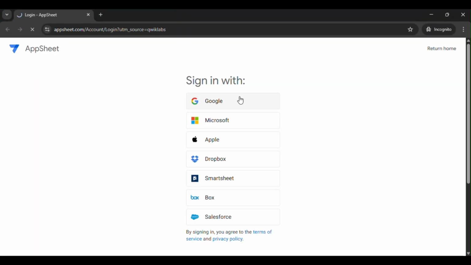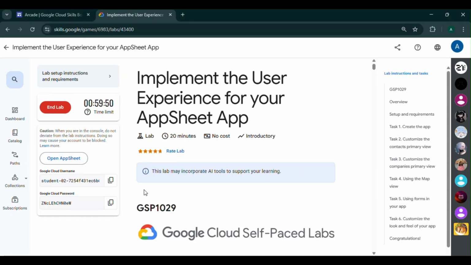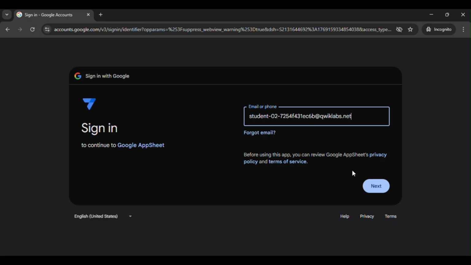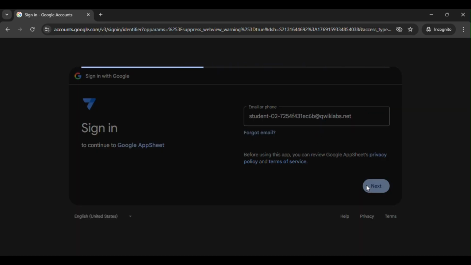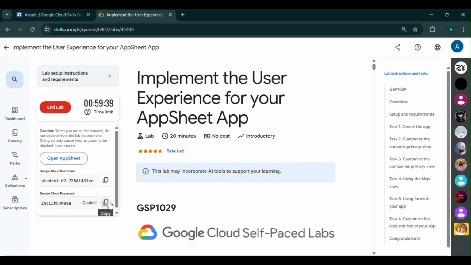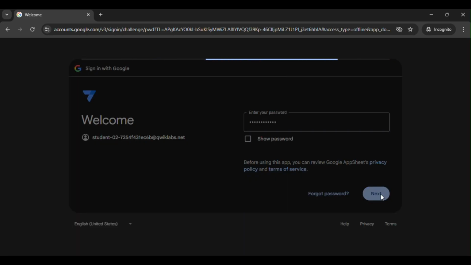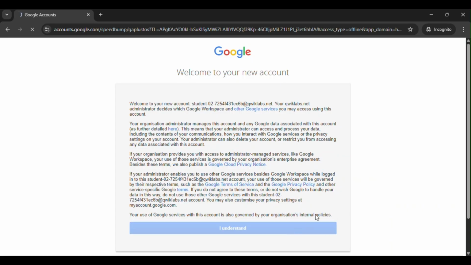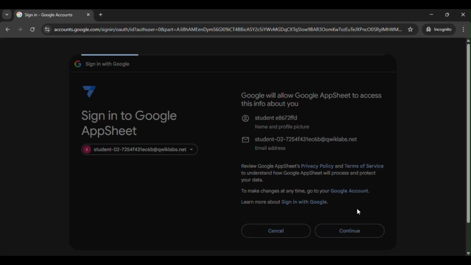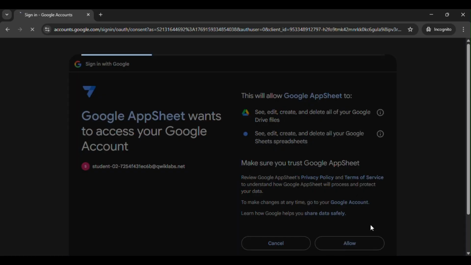Click Google. Now in the email section, copy this and paste this here. Next for password, copy this and paste it here. Click Next. Click I understand. Click Continue. Click Allow